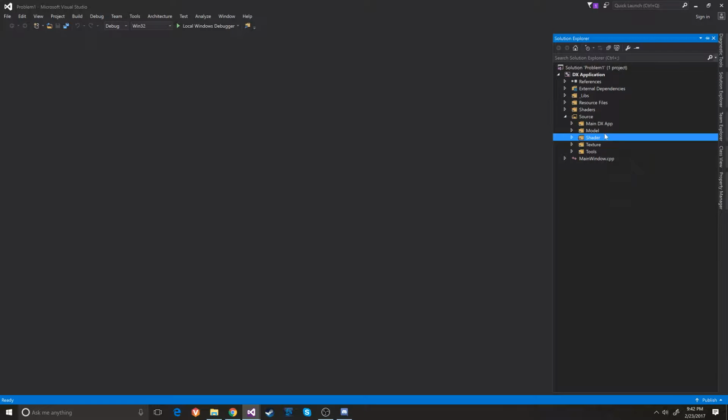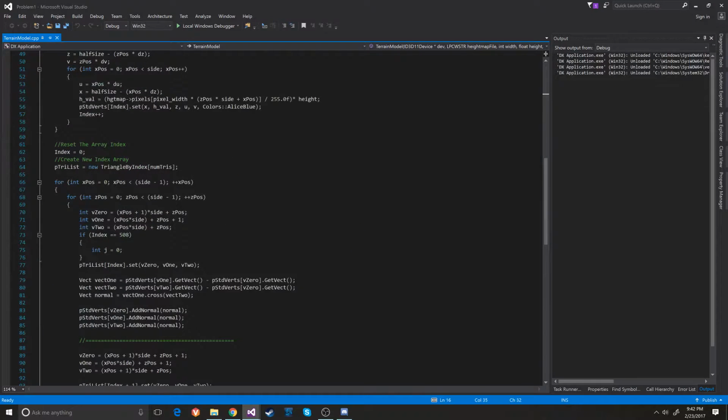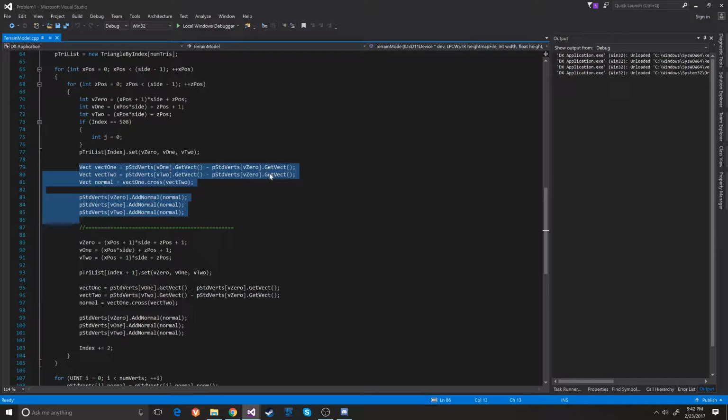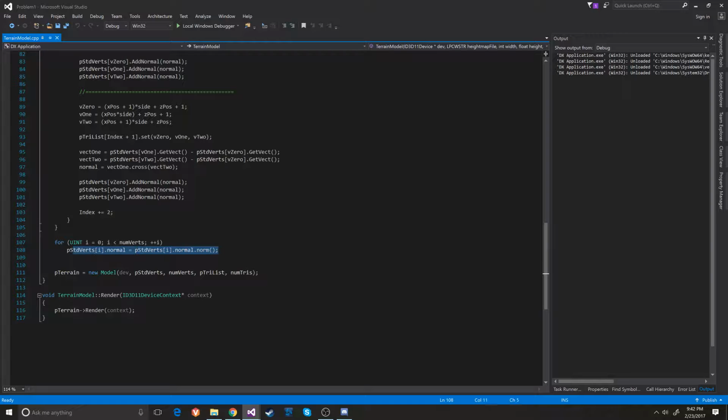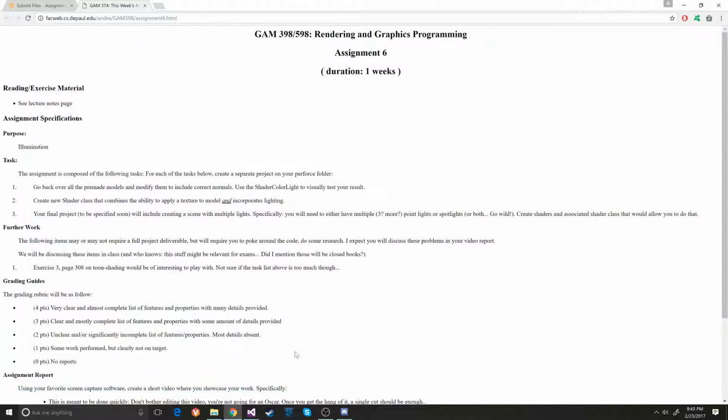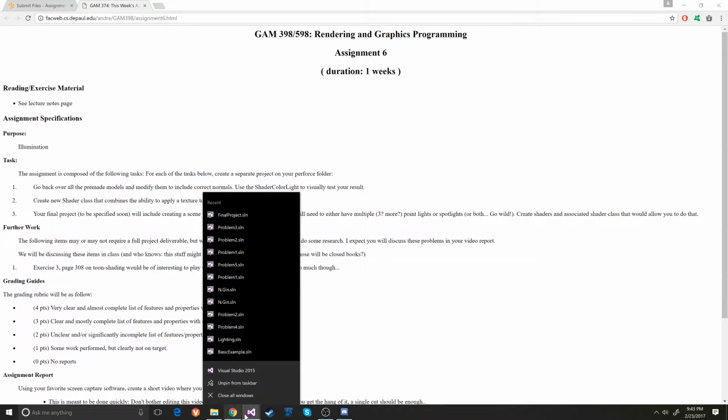I'll just go ahead and show you really quickly my terrain generation process, and the normal, the cross product, and then adding the normals, and then when it's all done, making sure that I get the normal of the norm, or the norm of the normal, or whatever. So that's that one, and then for the next one, I have